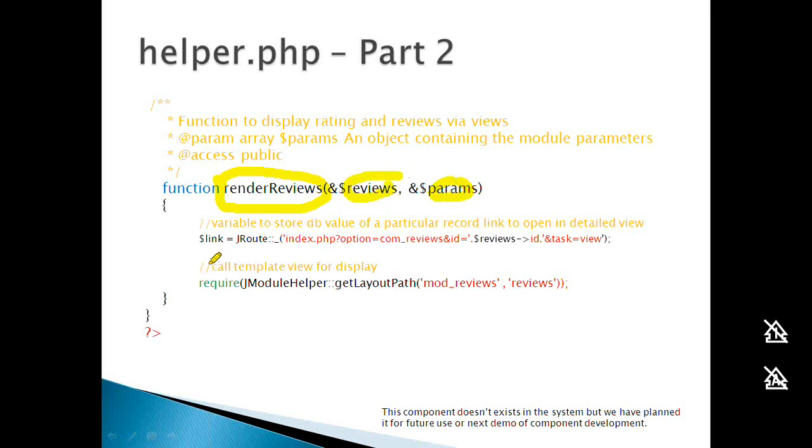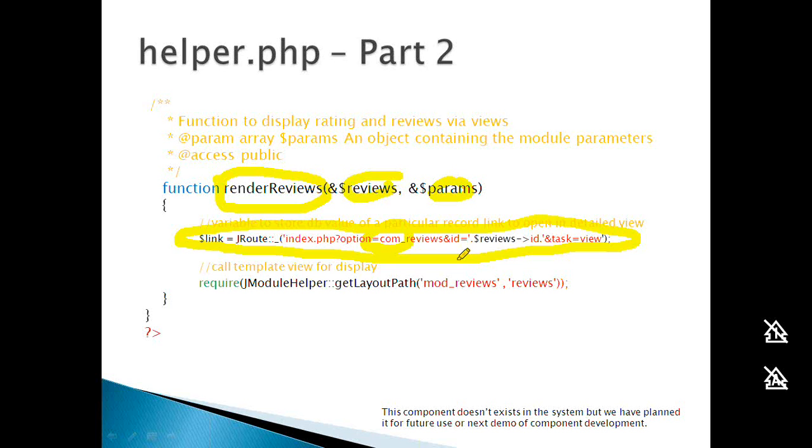Here we are using a new line. This particular line does not need to be used for this particular module, but it is for future reference. You would notice that a link variable is created where we are transferring the link of a component. So if we want to create a component similar to this module, like I said, the values for the reviews should be entered from the backend using a component. If we want to connect it with a component, this component would be used here. So it could be used like this.